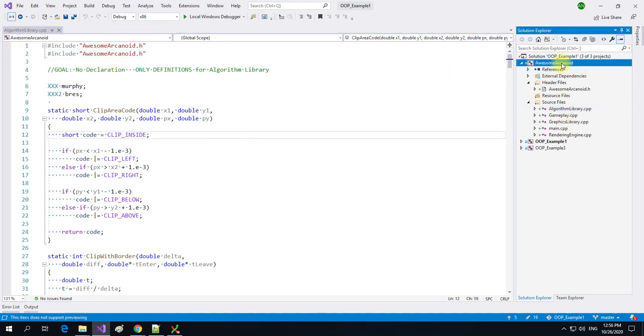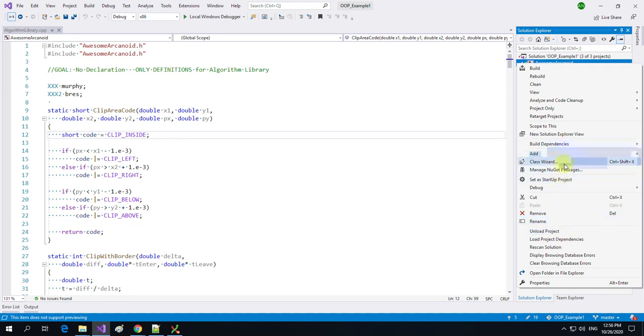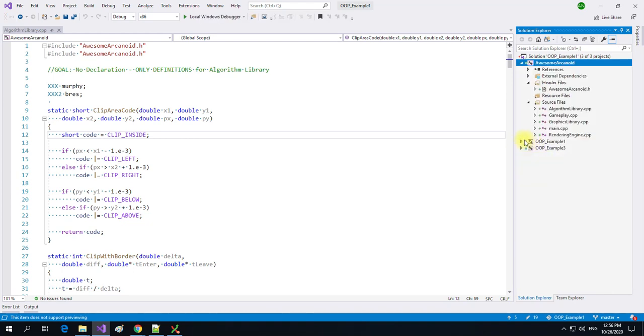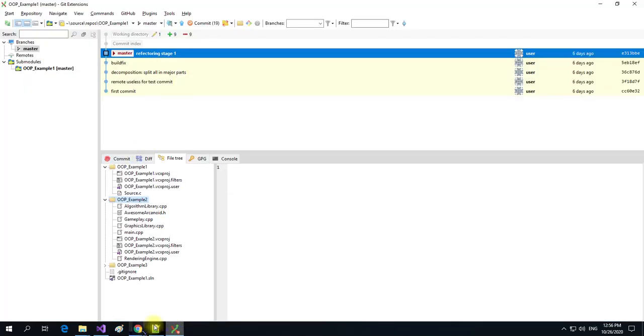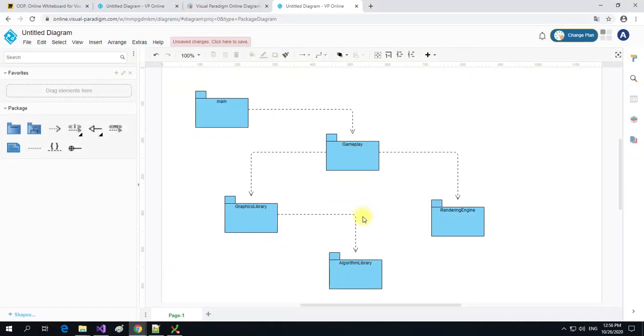We can make it as a startup, to start it every time I press F5. And now let's go through the code. So awesome Arkanoid.h, and talking about the dependency and